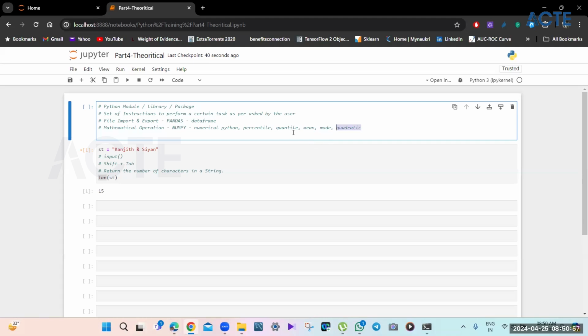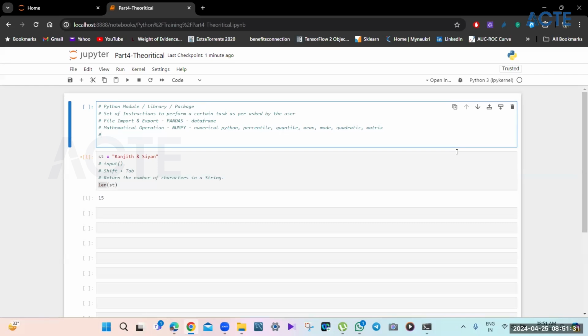In mathematics and statistics, we have a lot of things. To deal with all those mathematical things, matrix is one thing. If you have heard, a matrix is something which takes the shape of a table which has rows and columns in it. NumPy will take care of all of that. All these functions are clubbed together within NumPy. All we have to do is download or install NumPy and start using it.